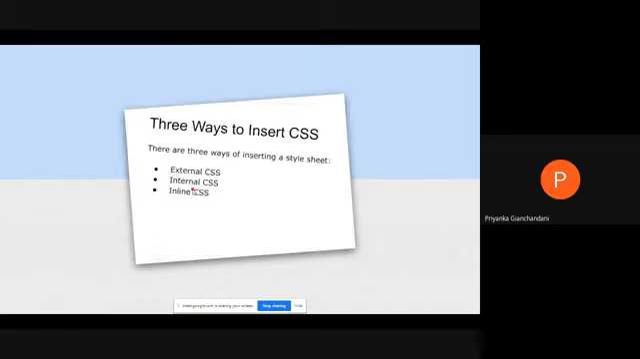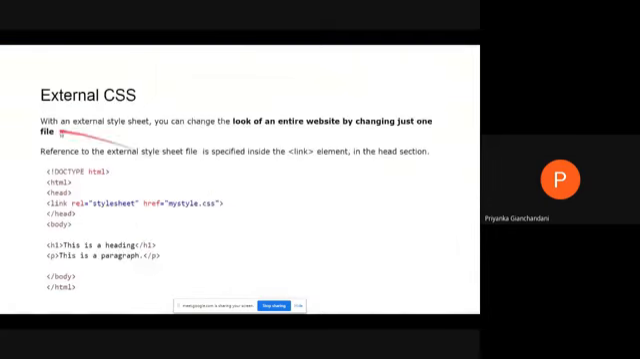Now, we have been talking about CSS, CSS and CSS. So how do we actually create the CSS? There are three methods of creating CSS: external CSS, internal CSS, and inline CSS. So, what is the difference? When we talk about external CSS,